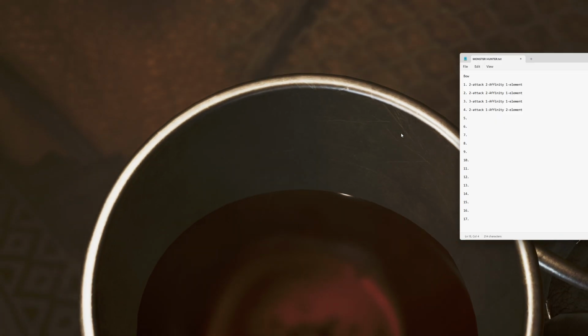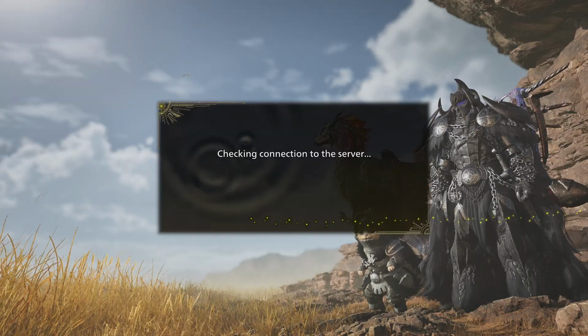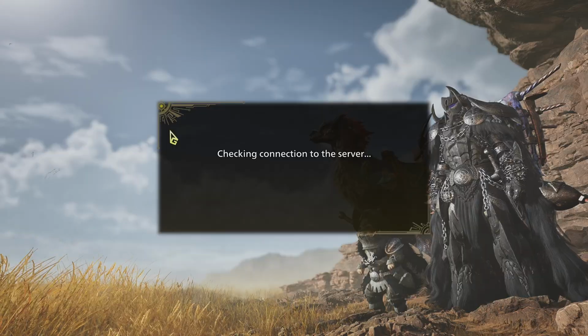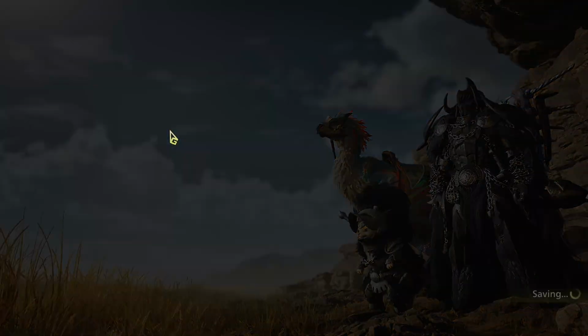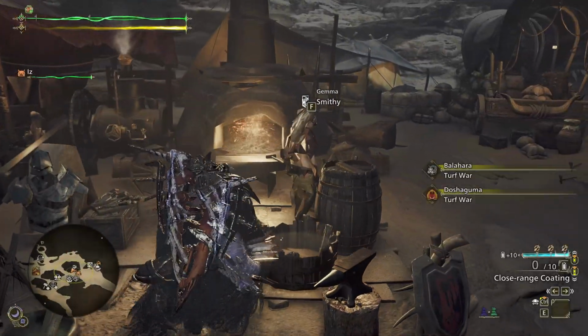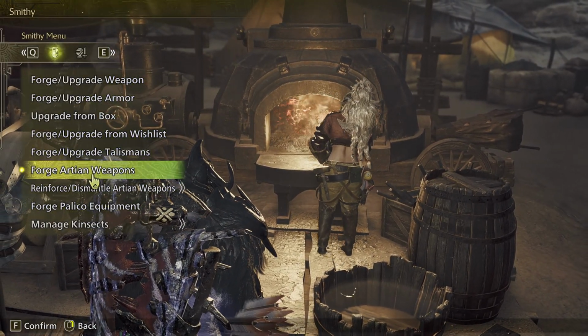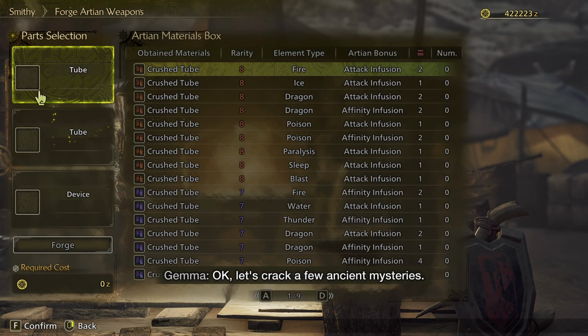So now what I'm going to do, because I want to progress to keep trying to get that god roll, is I am now going to restart the game. I'm going to go to online single player. Recommended lobby probably doesn't do anything, but I don't know. I just find it easier for me just to go normal solo offline play, whatever you want to call it. So then now we'll go back over here. I'll talk to this lady,